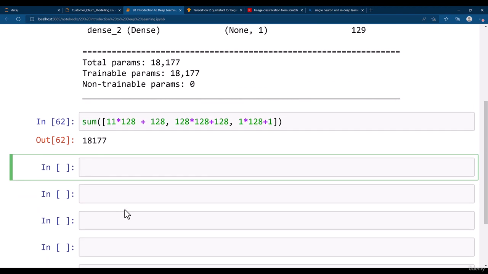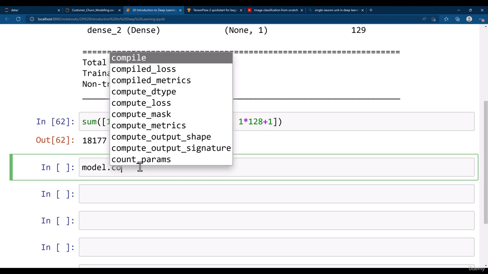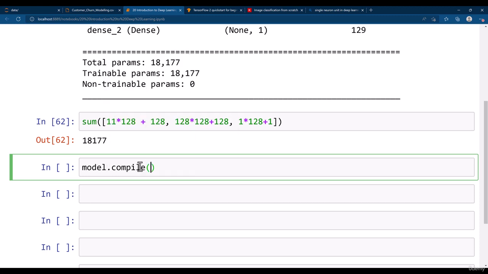During the compilation, you need to set the learning rate, the optimizer, a loss function, and also metrics on which your model will be compared with the loss function. We have our model here. Then I do model.compile. In this, I need to pass the optimizer. So I pass the Adam optimizer. In that, I pass the learning rate, which is